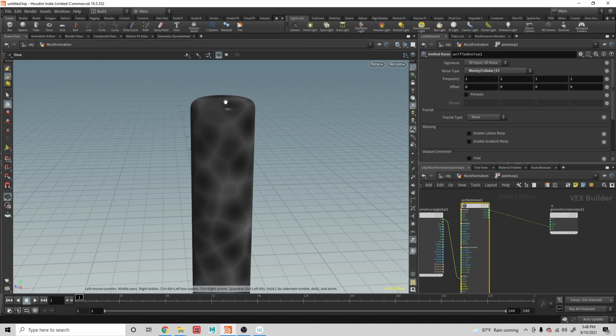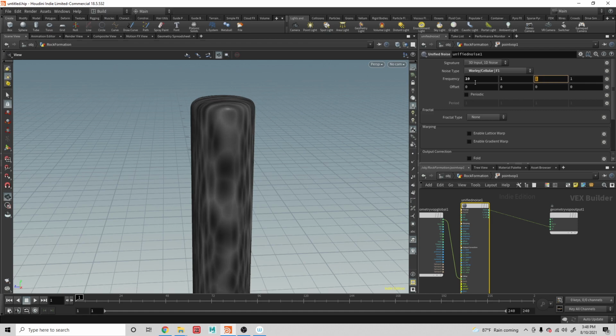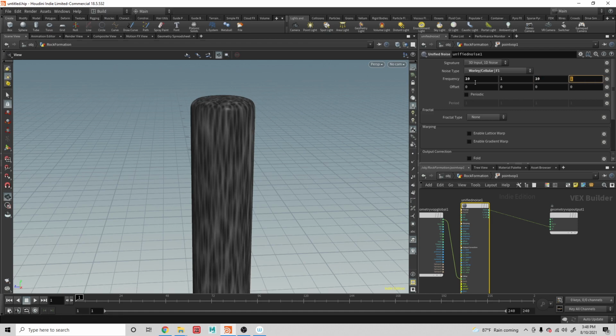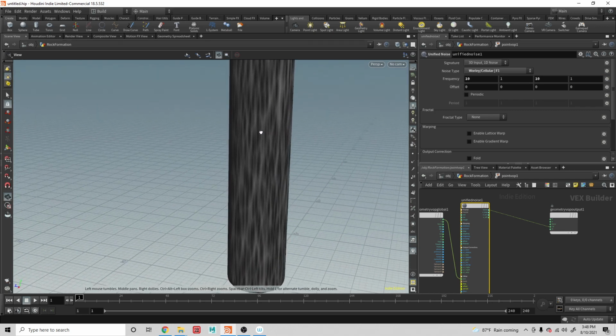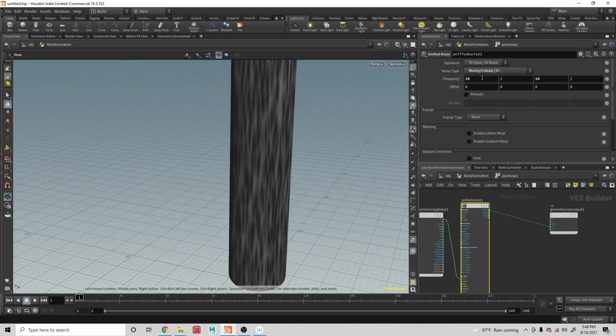And with the rocks, I want them to be kind of like big rocks stacked on top of each other. So, what we can do is maybe along the Z and the X, stretch these out. So that's ending up